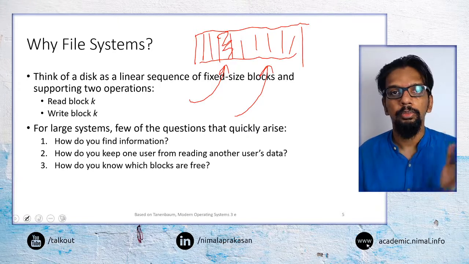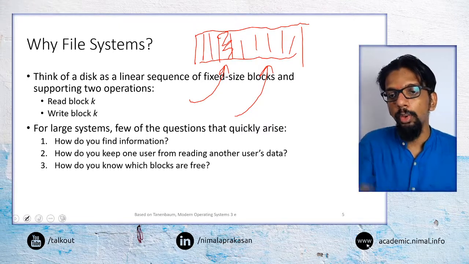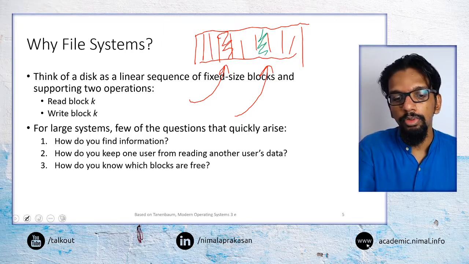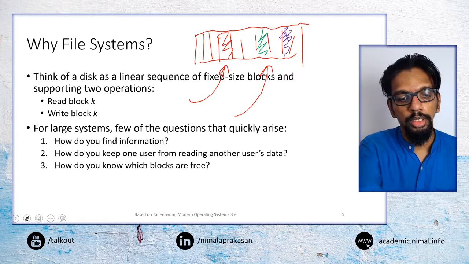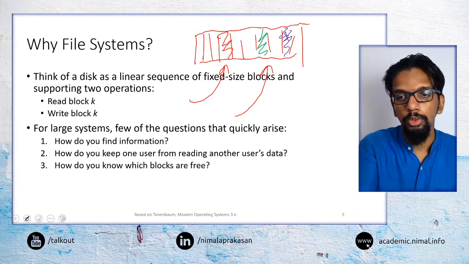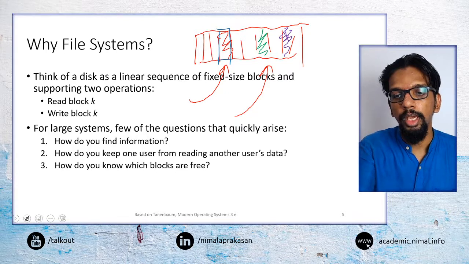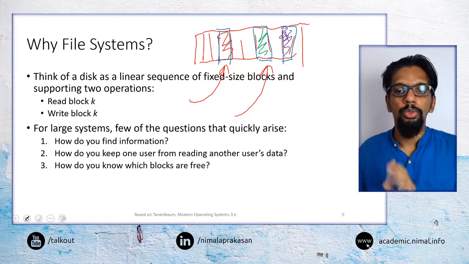Then in certain cases, within the same storage medium, we may have information that belongs to a number of different users or processes. In such situations, we may need to protect that information between the users. So we have to have certain mechanisms to safeguard or protect or limit access to that information from one user to the other.